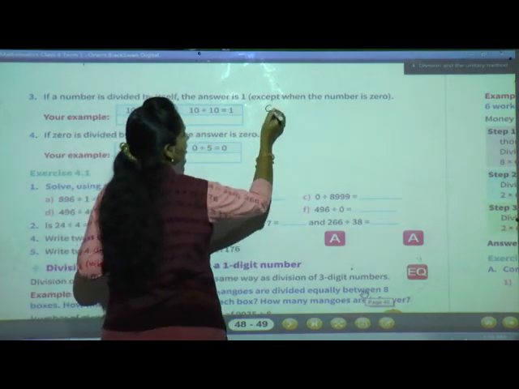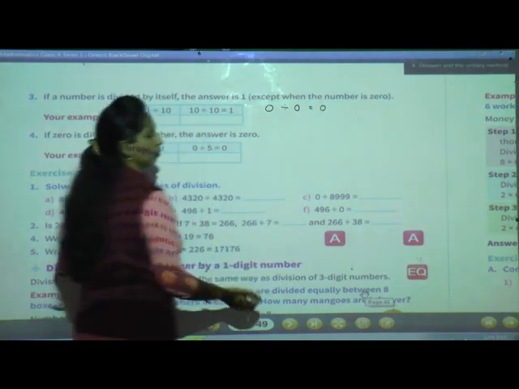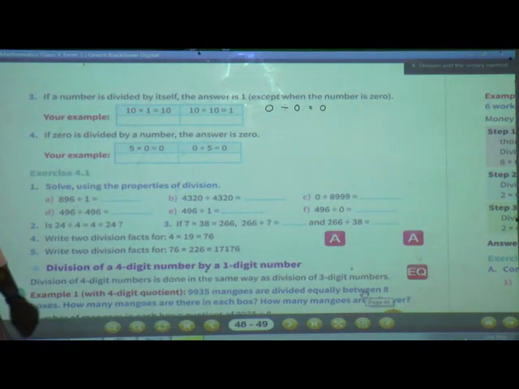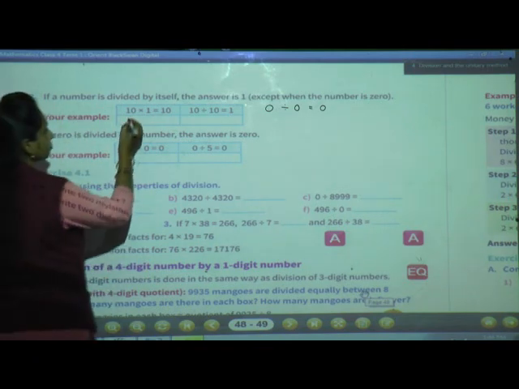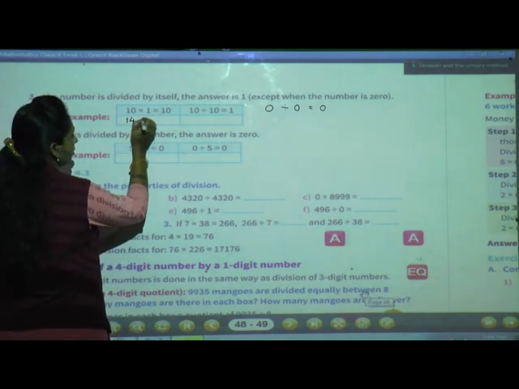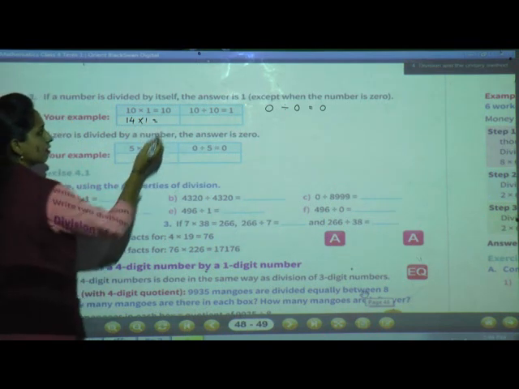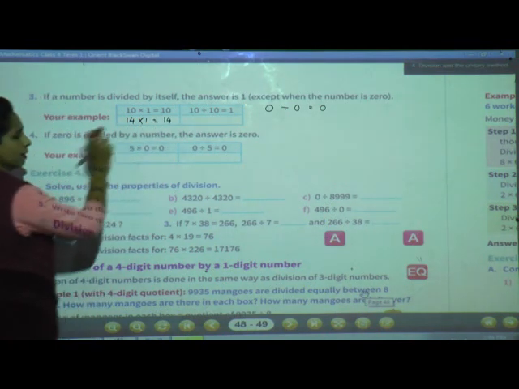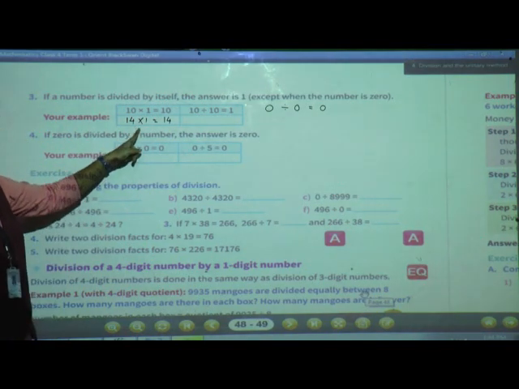See, if 0 is given and division by 0, so we'll get 0. Okay? Keep it in your mind. So now we will try another number. Now suppose 14 multiplied by 1. What will I get? Yes, 14. This is the multiplication property. Okay? Whenever we multiply by 1, we get the same number.